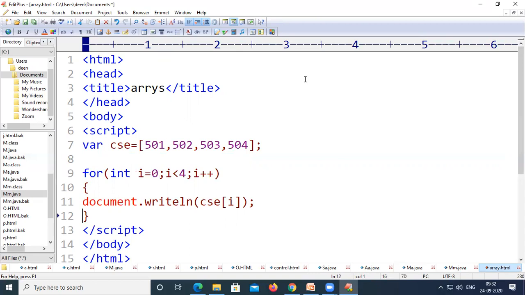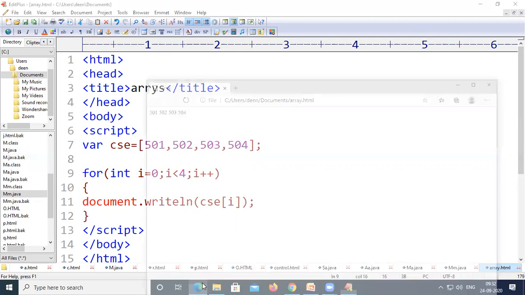Simply by writing this type of code, we can print all the elements of this particular array. If we have 400 elements, just by including 2 zeros it can print the values from the first element to 400 elements. If we include one more zero, it is ready to print 4000 elements. That is the power of control statements.